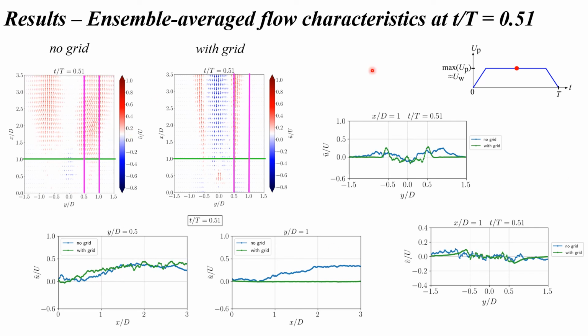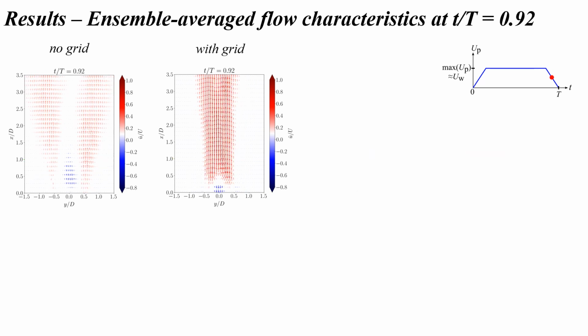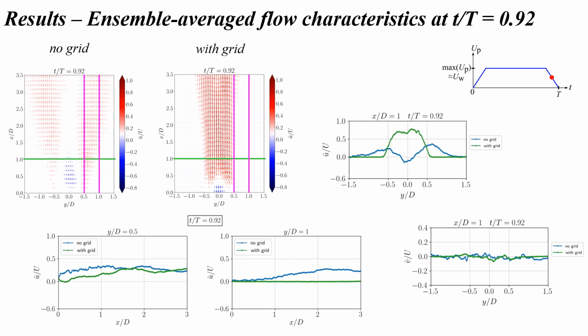The flow patterns and velocity profiles observed for the two models earlier persist up to the half point of the inhalation period, with the stagnation region in the no-grid model now spanning two jet diameters axially. And these flow patterns persist further up to three-quarters of the inhalation period. It is only when the inhalation period begins to end that the flow patterns change, but only for the model with the grid, where the reverse flow now disappears and a forward jet flow appears. The axial velocities for the no-grid model at the two lateral locations from the flow center line are still higher.